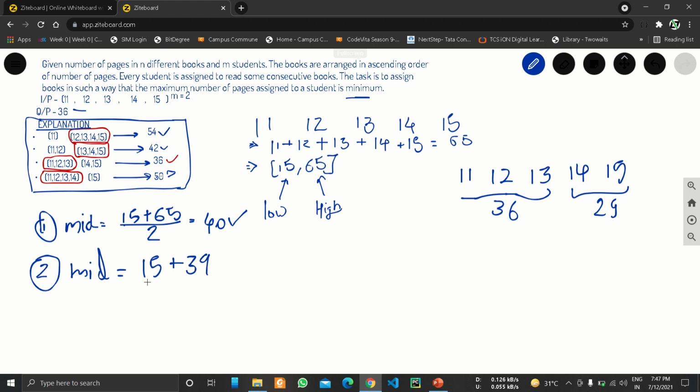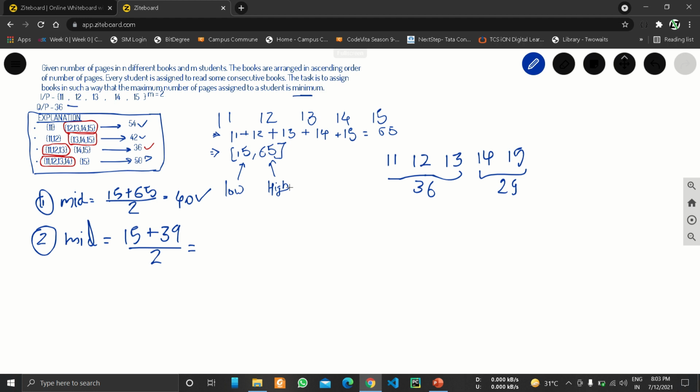This time we are finding our solution between 15 and 39. After dividing by 2 we will get 27. So we will check again if 27 is a possible solution or not.